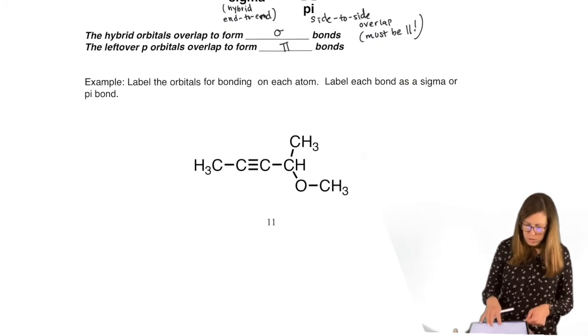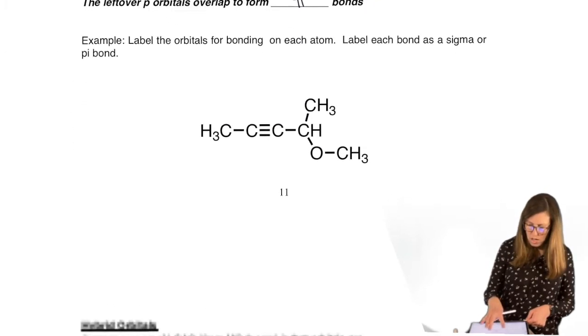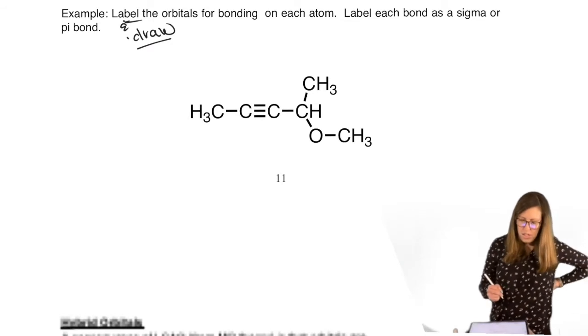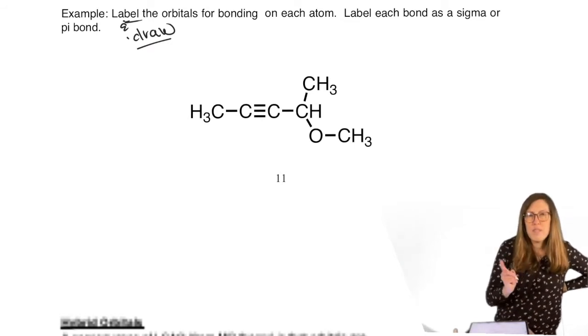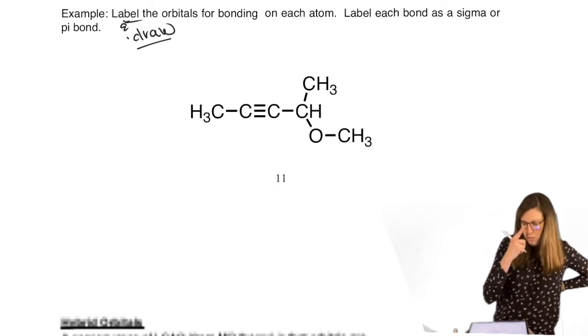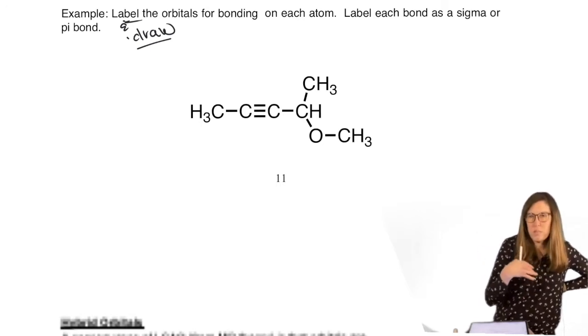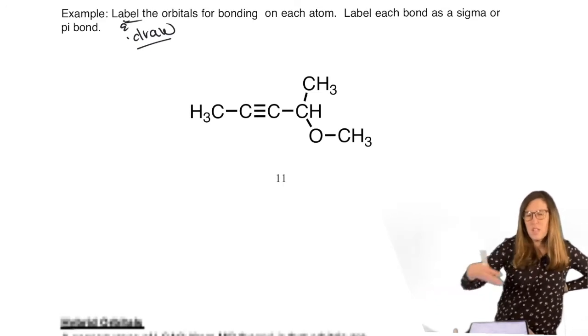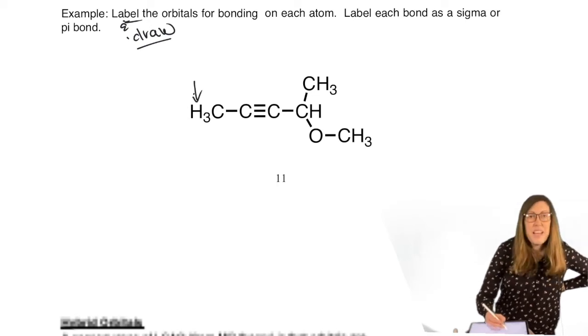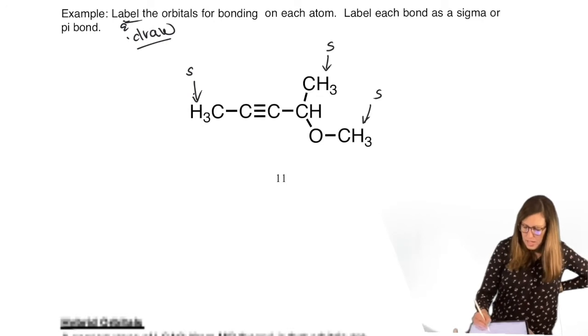Let's label these orbitals. Let's even draw the orbitals when we're done. Okay, so it helps to think back to VSEPR, because if we know how many electron groups it needs, we know which orbitals it needs, right? Four electron groups means it needs 4 orbitals, means it's going to use the s and all 3 p orbitals combined, right? So the easy part to start with is the H's. H's only use s, s, s, s.